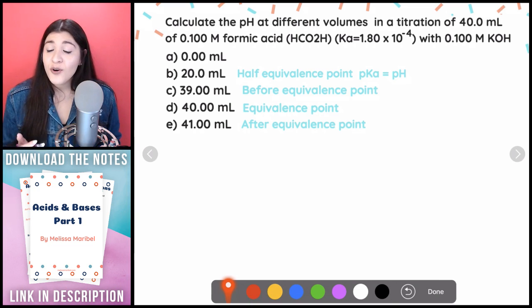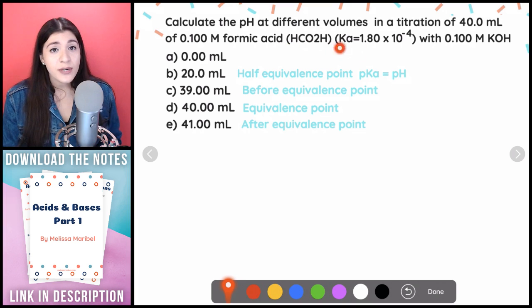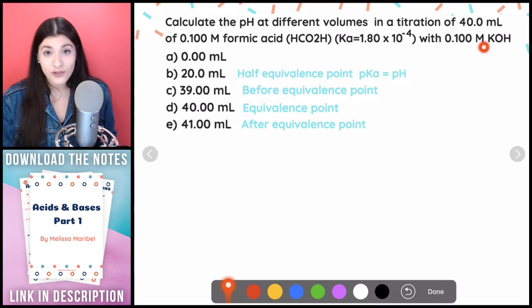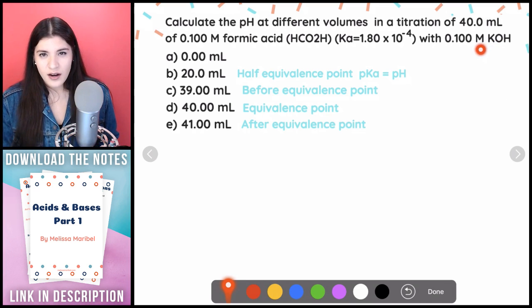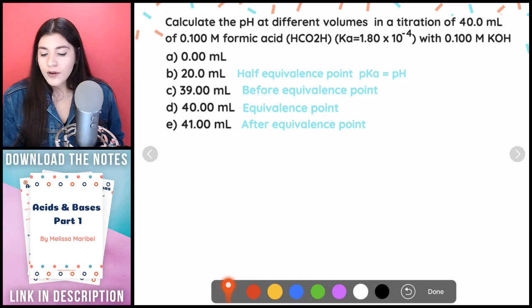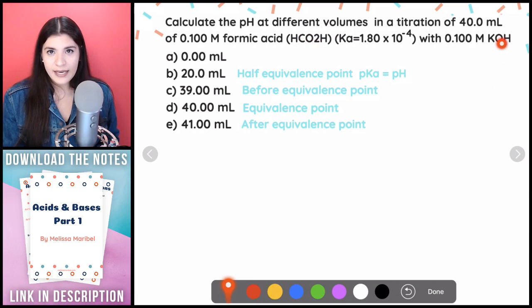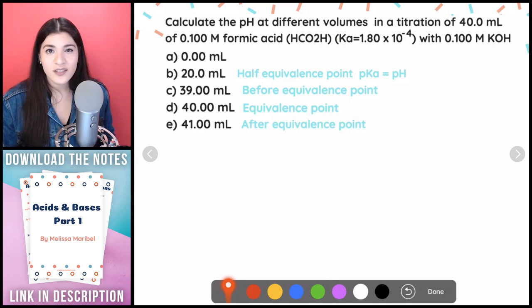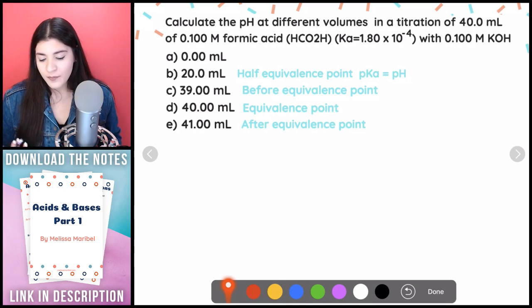The reason I know that is because this was a weak acid, and this is a strong base. Which one wins? The strong base. So that means at the equivalence point, our pH is going to be more basic because of this strong base, because it's stronger. That's essentially the concept there. If we had it the opposite way, where this was a strong acid and this was a weak base, then our equivalence point pH would be a little bit more acidic, because that strong acid wins versus that weak base. Okay, so that's essentially the concept here.